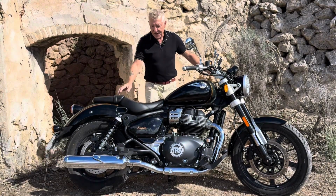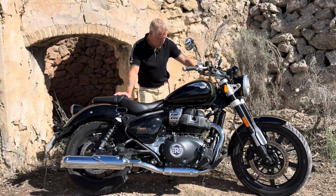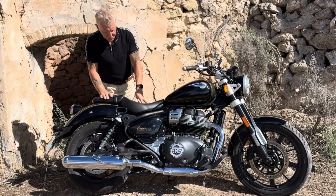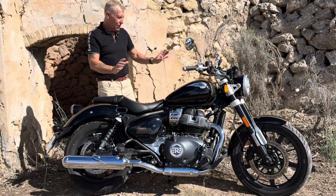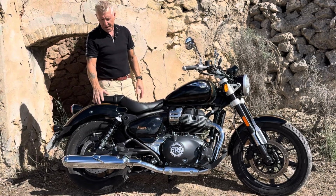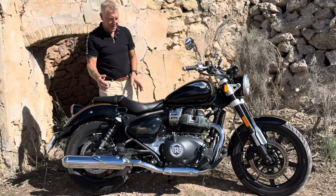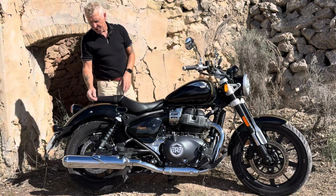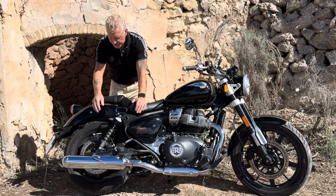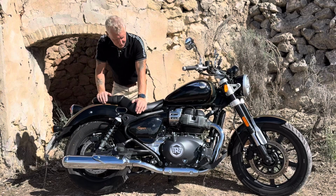The second thing that I really like since I've owned it, and this is subjective, obviously it depends on what angle you're coming at this from, is the comfort of the bike. The seat's very comfortable. It's comfortable over long distances. The reach of the bars is comfortable, and to a certain extent the rear suspension is comfortable enough for this type of bike. Now, when you first buy the bike and you first get it home, the rear suspension is set on the softest setting, which is okay, but the trouble with the softest setting is that if you go over any deep holes, the back end bottoms out and you get a real jar up your backside